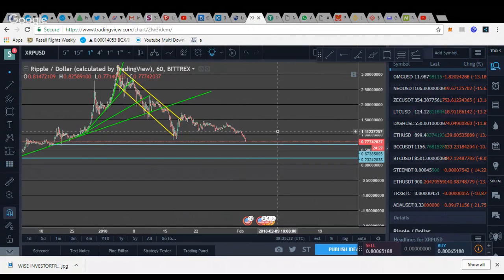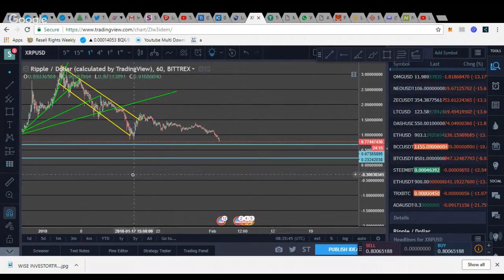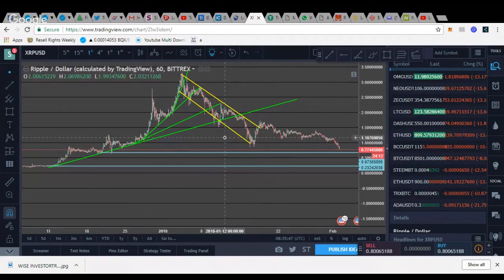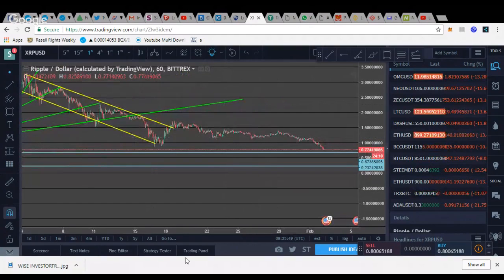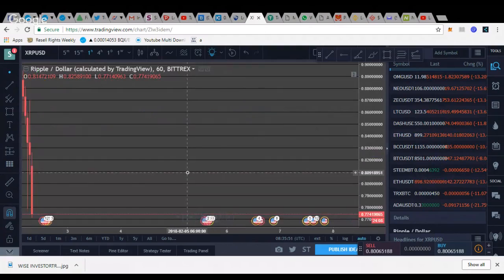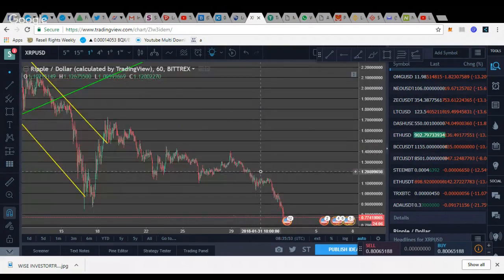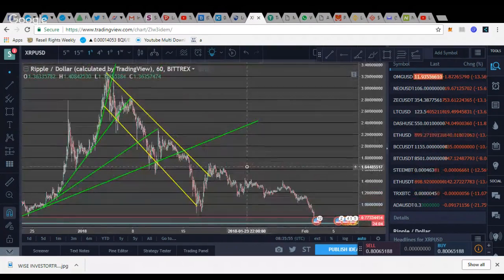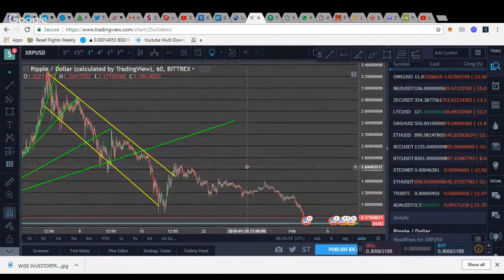Every market moves in trend and in waves. So waves like a sine wave, it goes up, it comes down, it goes up, it comes down. So if you want a simple analysis, how to understand the concept behind this, using your trend lines to analyze your price, your coin, your charts.